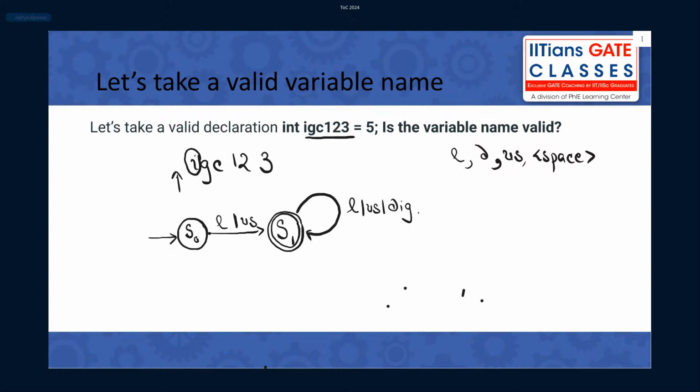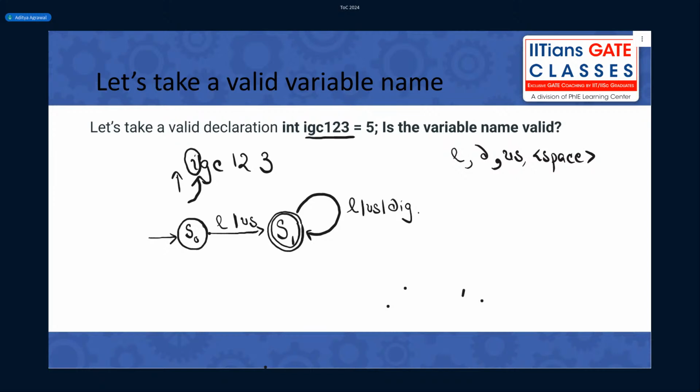Look at this example that I have written here: IGC123, and my pointer is on the left. I read the first character. Will my finite state machine advance to S1? Yes. Why?